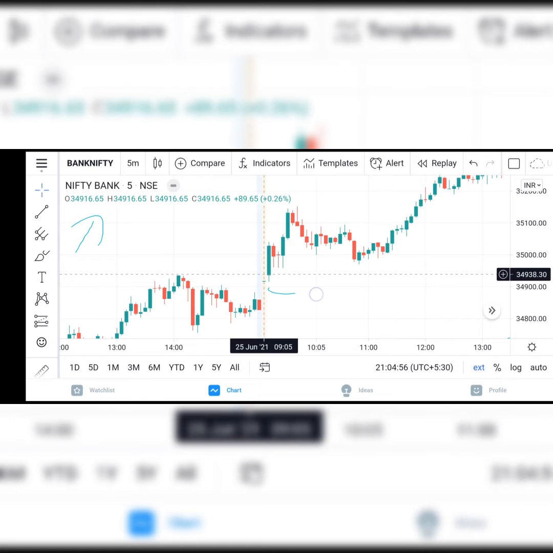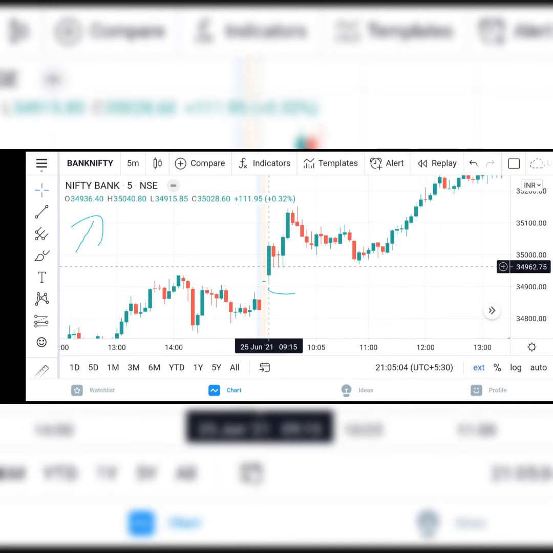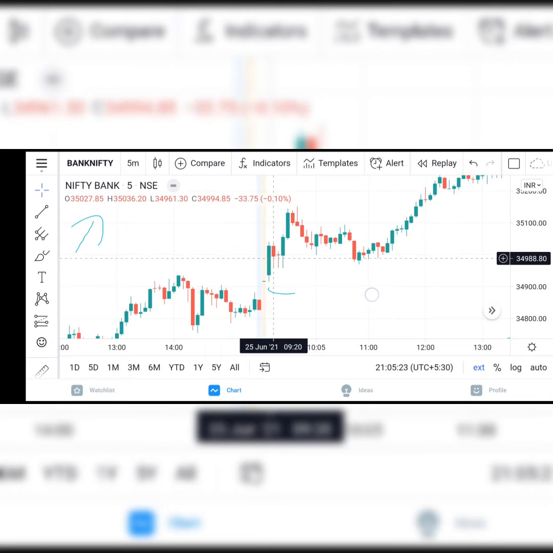When the difference between the opening and closing point is positive, that means the closing price is more than the opening price. That means a bullish candle has formed and the price has increased. This is very simple. In the 5 minutes time frame, what you are seeing is that the price has increased from where it opened. That's a good sign. The market is going up.